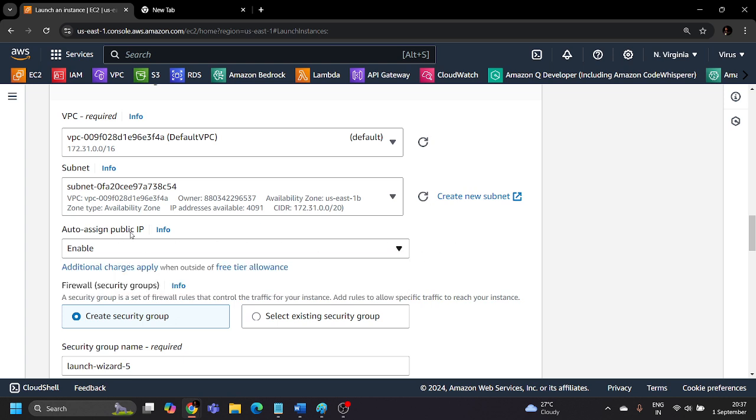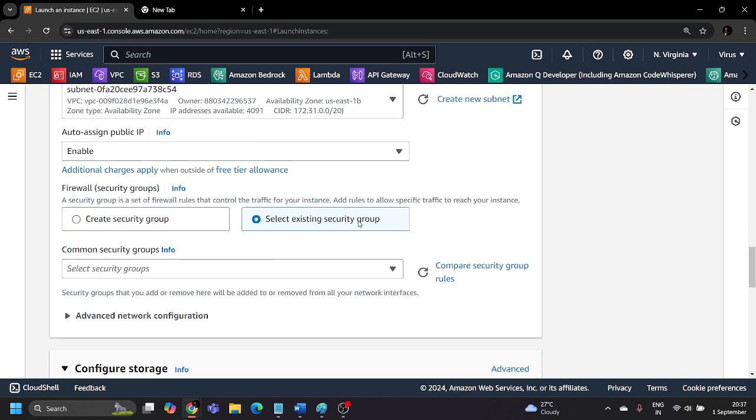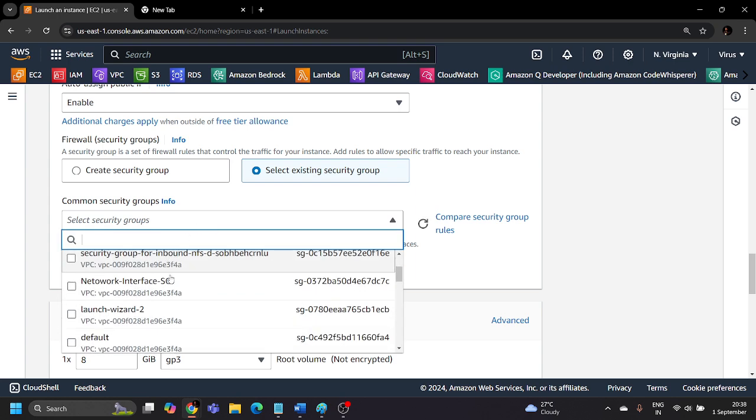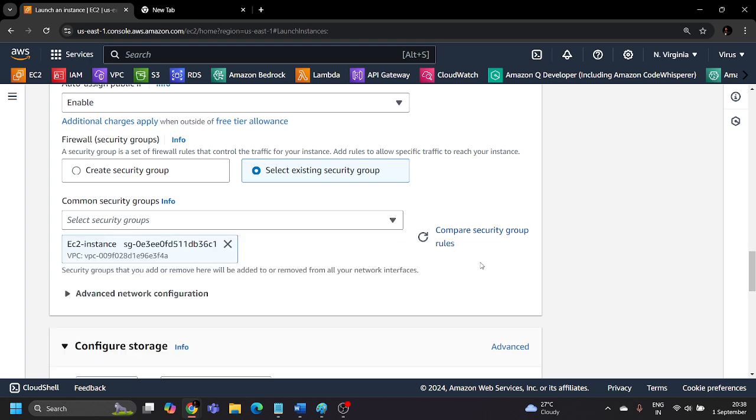Yes, I want the public IP to be assigned automatically to my virtual machine. In the security group section, click on select existing security group, and let me select the EC2 instance security group which we have created,